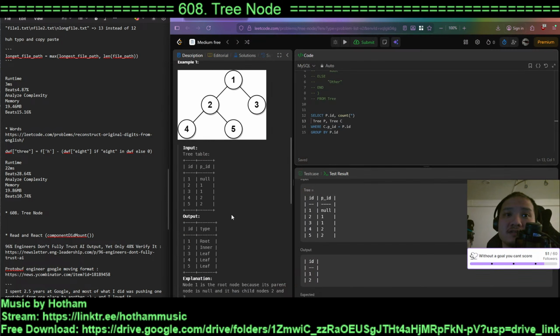So in the case of 3, 4, 5 here, it found 2, right? So 1, 2, right? Found one too, because basically this query found the parents. For the one that it couldn't find itself,